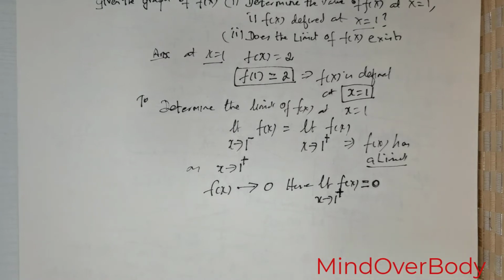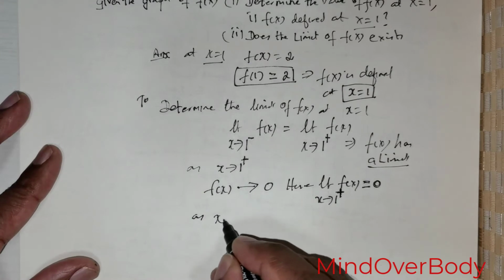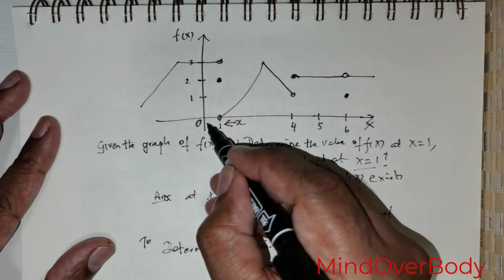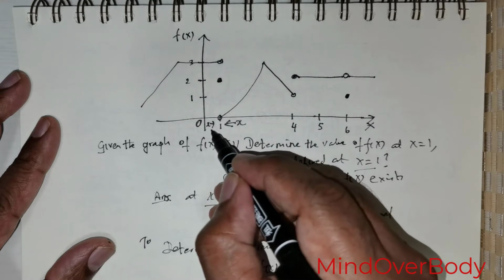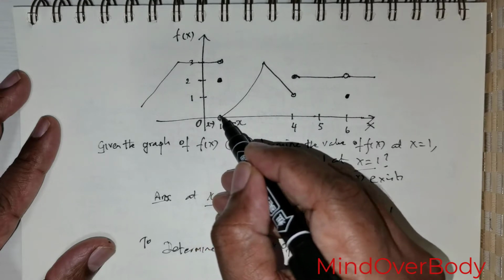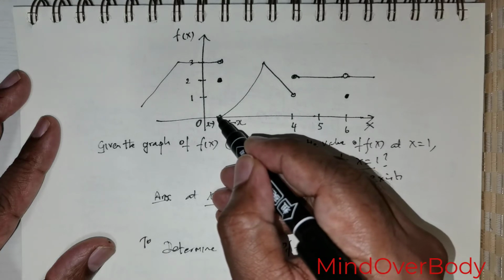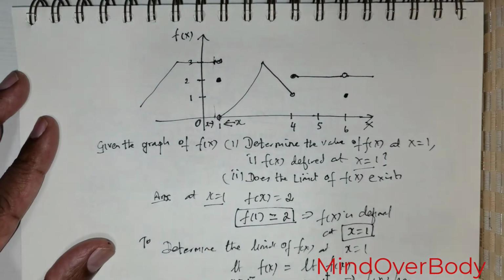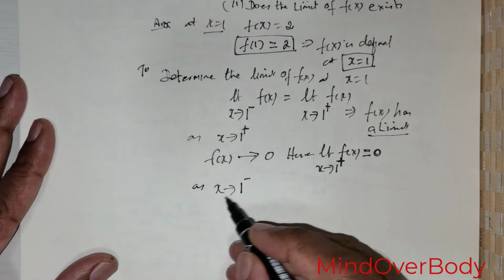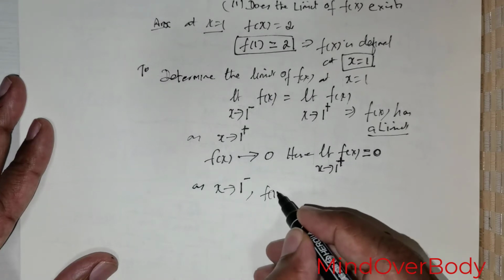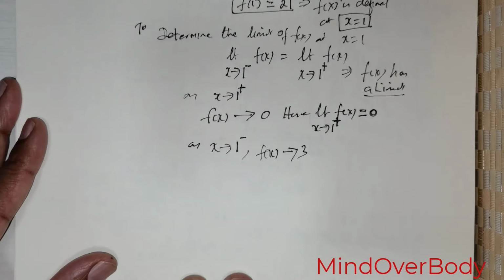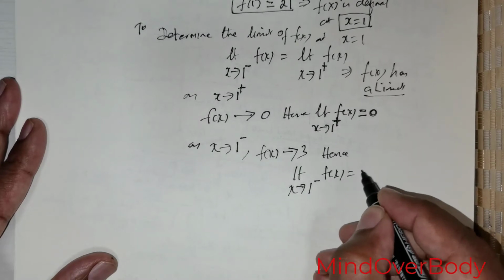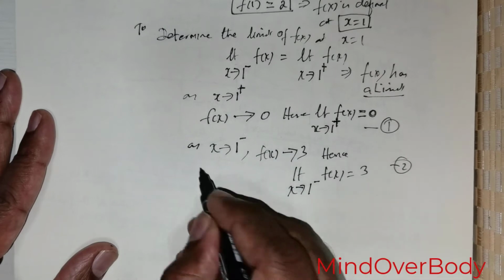I can state that. On the other end, as x is approaching 1 from the left hand side, if I take a value which is very close to 1, not 1 but very close to 1, this would link me to a value 3. So I can write that as x approaches 1 from the left hand side, f of x is moving towards 3. Hence I can state that limit x tending to 1 from the left hand side, f of x is equal to 3. So if I were to take this as 1 and 2,